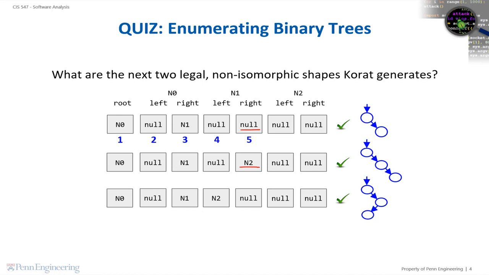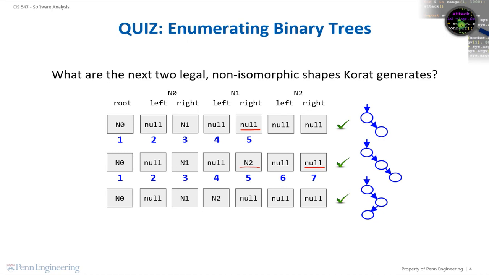Now, because rep_ok traverses the tree breadth first, visiting left children first, it would visit each field in order from left to right. So the next field to be expanded is n2.right. But notice that setting n2.right to anything other than null would result in an illegal shape. Thus, we backtrack for the first time and set n2.right to null.